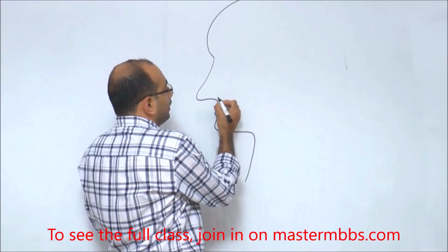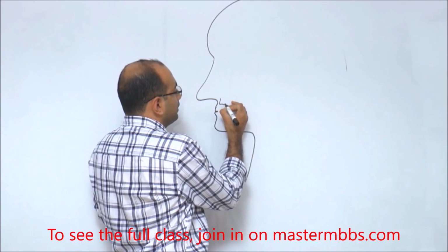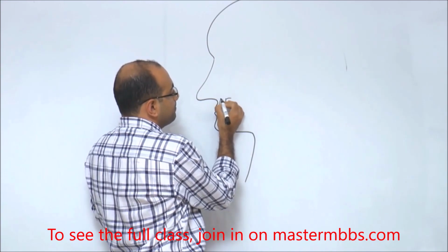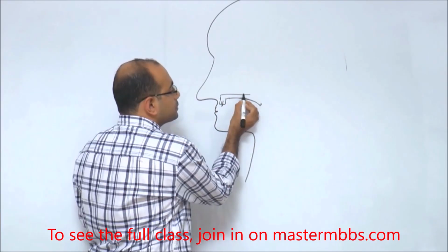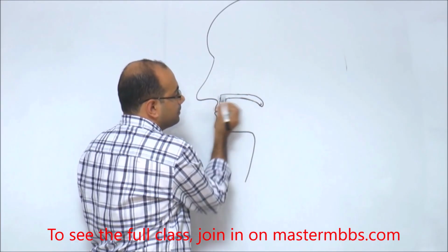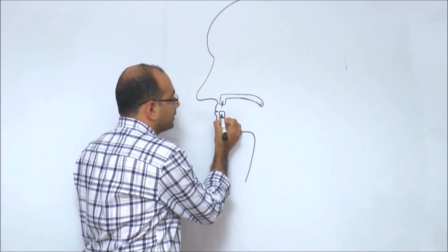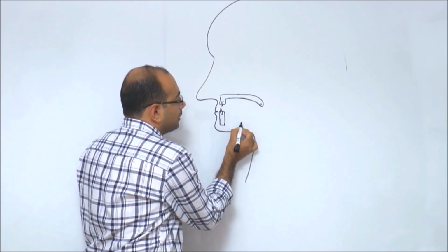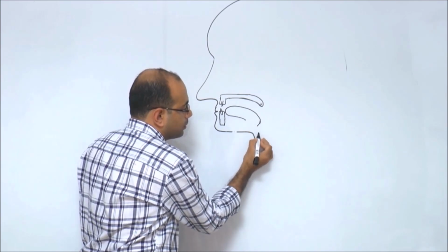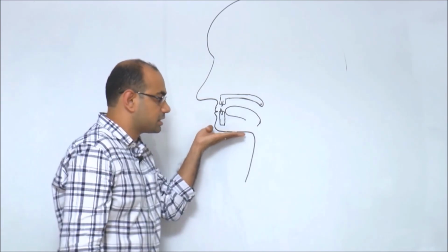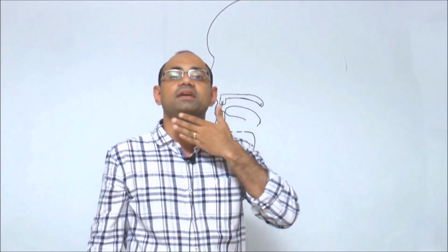Okay, now between the nose and the oral cavity, what do you have over there? You will have the upper teeth. This will be part of your maxilla bone, and you're going to draw the palate over there. This is the hard palate and this part here will be your soft palate, and here you will have the part of the mandible, and this will be the teeth over here. Now here you will have your tongue, the posterior aspect of your tongue comes down here, and what is there in the junction of the lower chin and the neck here,